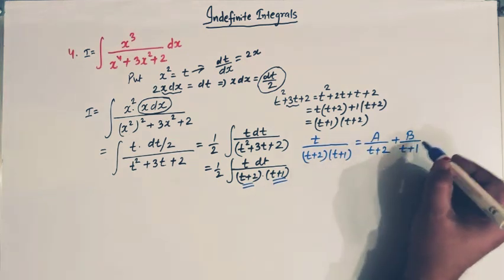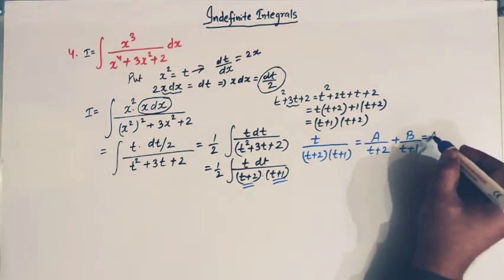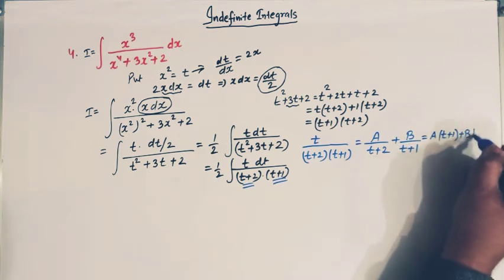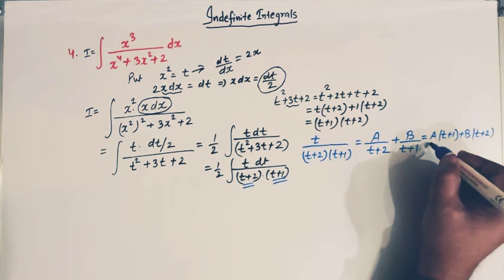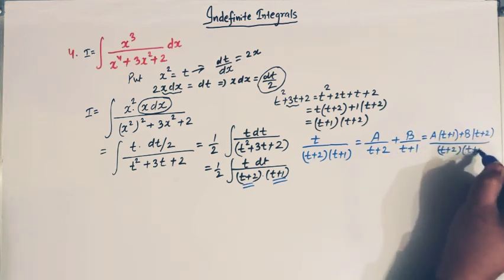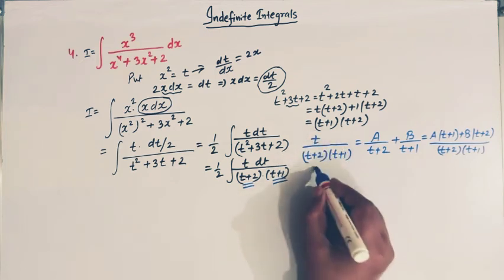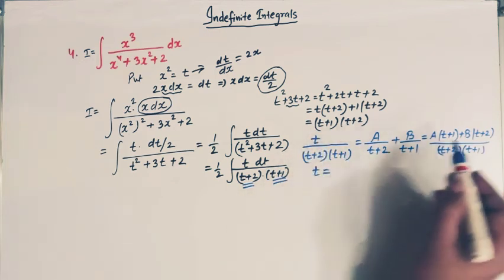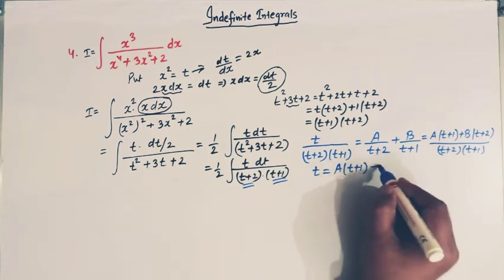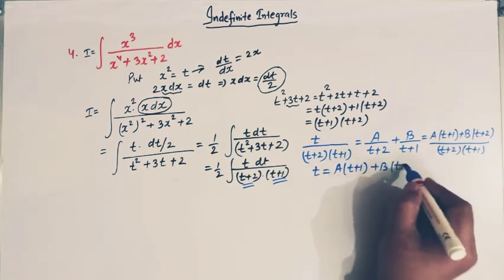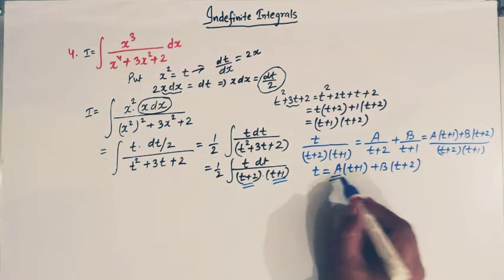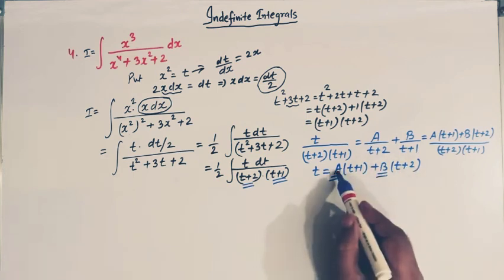So now this can be written as a times t plus 1 plus b times t plus 2 divided by t plus 2 times t plus 1. Now we can equate t to this term, that is a times t plus 1 plus b times t plus 2, right? Now we have to calculate the values of a and b,